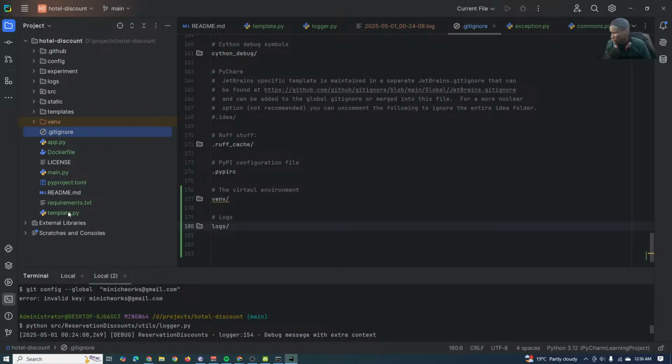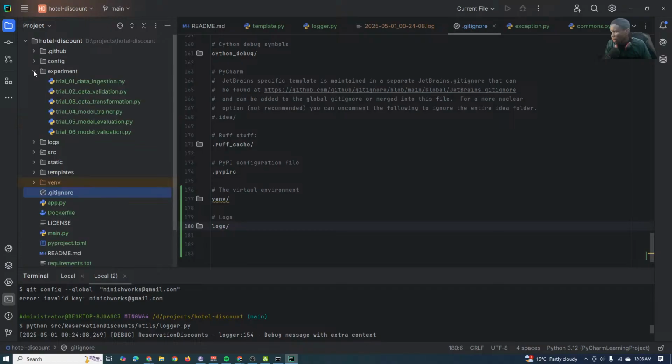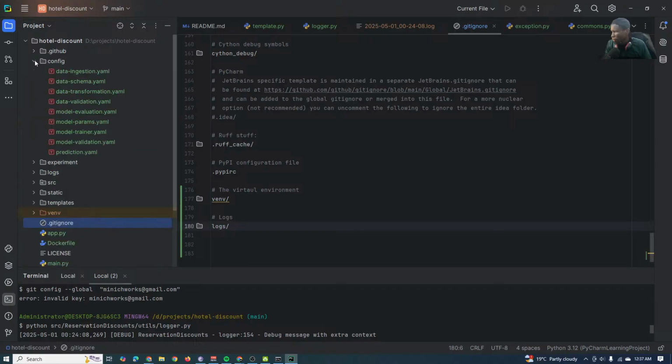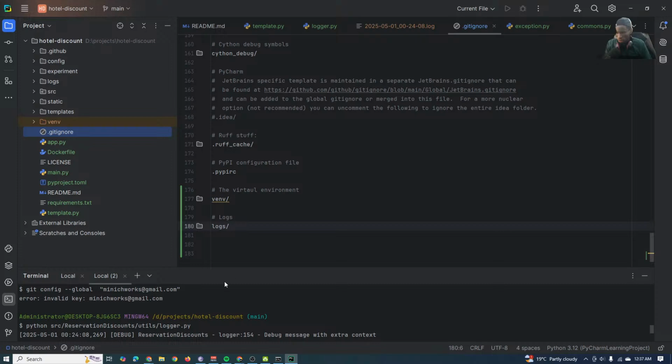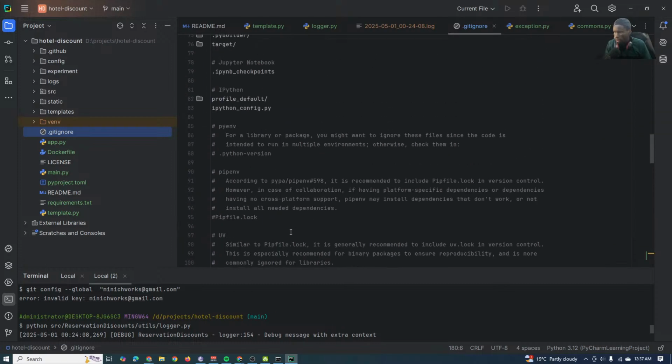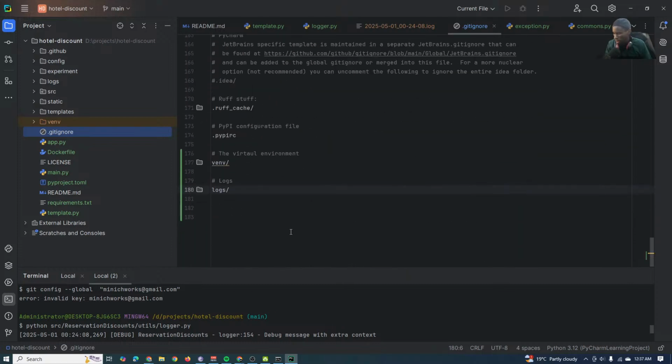So template, comments, experiment, config. Yeah. So up to now, I think things are okay. So we are able to, actually for today, we are able to,